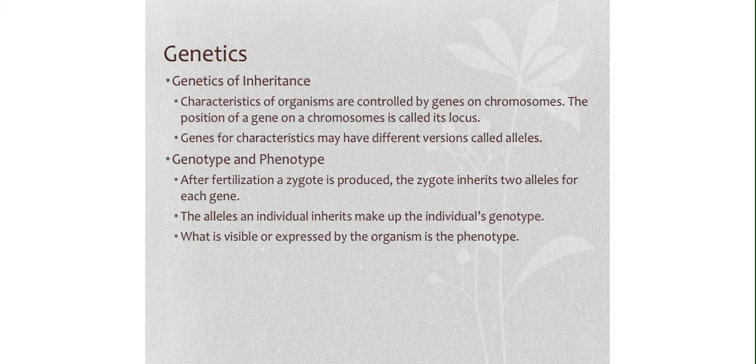I'm using this example because it's very obvious. My husband Barry has blue eyes, I have brown eyes. Both of our kids express brown eyes. Well, Jackson has a hazel eye, but we're going to say brown. They both have expressed brown eyes, but it does not mean that Barry's blue eye allele went away. So he still gave our kids that allele for blue eyes. So there's a strong possibility our grandkids may have blue eyes